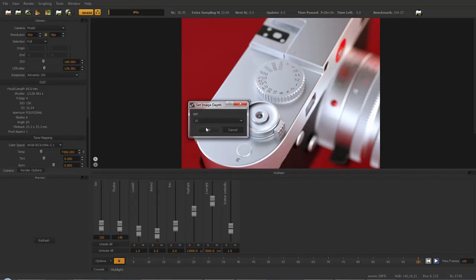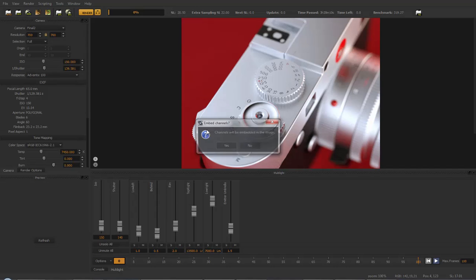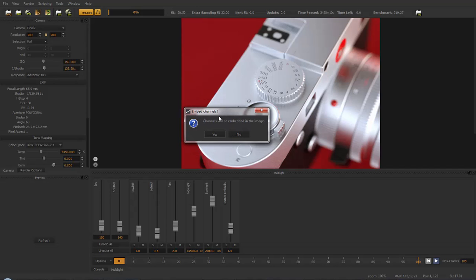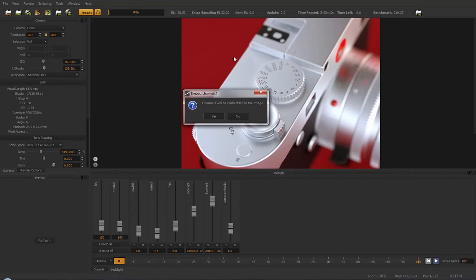Then it asks you, do you want to embed the channels in the image? This render actually contains a lot of different alpha channels, and you can choose to embed them in the TIFF file itself because TIFF supports extra channels. And if you choose yes,